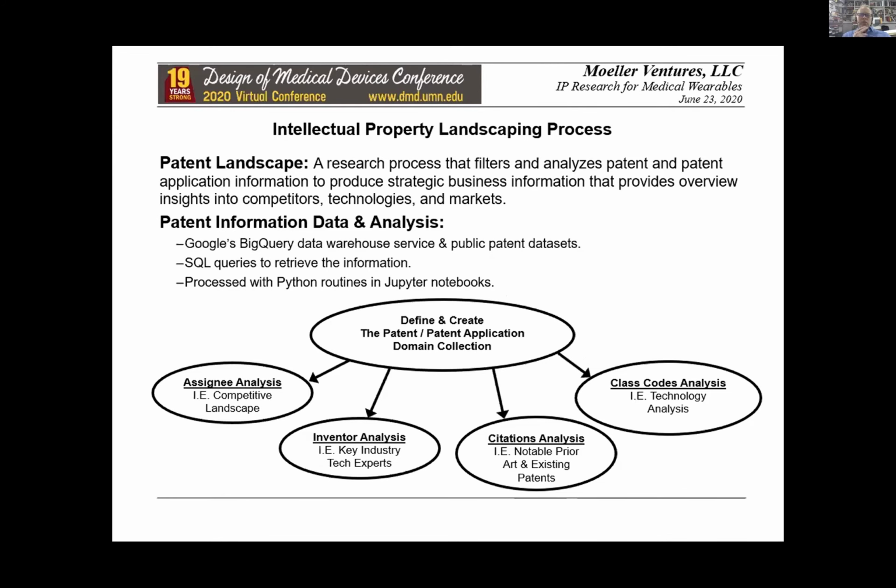So this is the process that I've used for today's presentation. In particular, the landscapes I'm presenting today are really patent landscapes. So patents are a subset of intellectual property overall, right? And the landscapes I've done today are all patent landscapes on the medical wearables area. But more and more I'm asked to include other intellectual property resources in some of these analyses. For example, in the medical area, I'm often asked to include PubMed and other resources